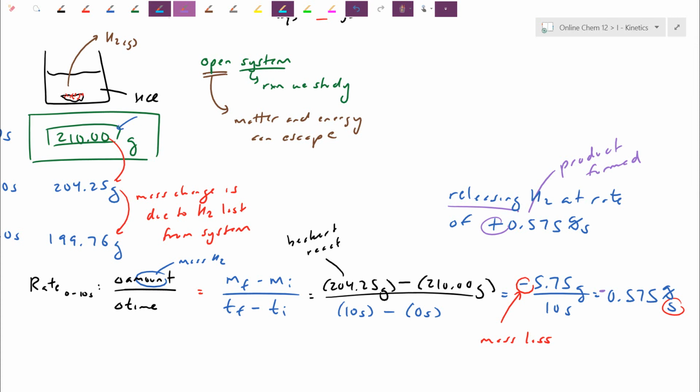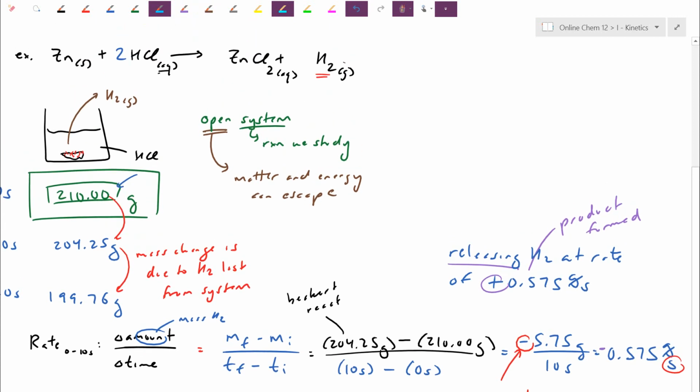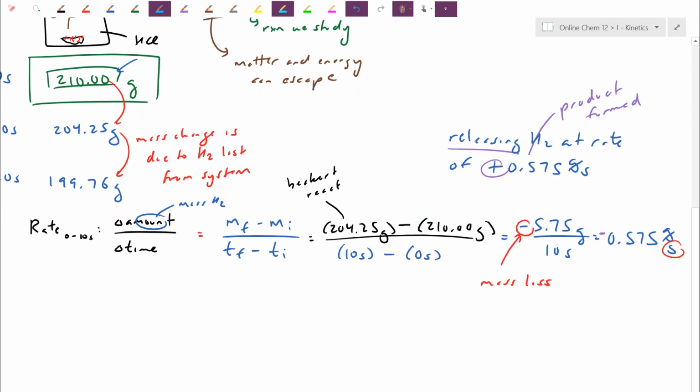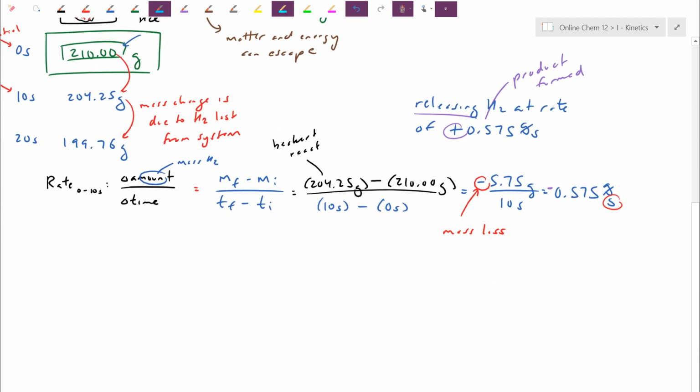We're going to see more so in tomorrow's lesson here. What's convenient about this case is not only that mass is a really easy quantity to track, but this quantity is specific to one particular chemical. This rate here is attributed directly to hydrogen. And if later on I want you to re-express, well, how quickly does the zinc actually get used up? Because I have the rate expressed in one chemical, I can just use a little bit of stoichiometry. Well, the mole ratio is 1 to 1, and I can re-express that rate in terms of other chemicals as well. So before I show you a practice question for that, I'm going to try this rate again